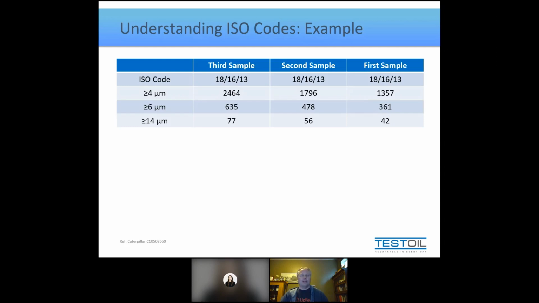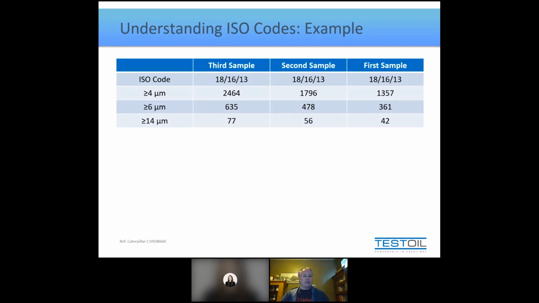And that is the important point that I made earlier about the range getting wider, wider, wider. They become more inclusive. And that is kind of the point of the ISO system, that once numbers get particularly high, a few hundred, a few thousand particles here or there doesn't really make much of a difference. And therefore, we don't need to nitpick and say this particle count's going up. No, it's all within the same ISO code. So that's kind of helping us understand, to a degree at least, what the ISO coding system is for. But we still don't know if 18, 16, 13 is clean or dirty.